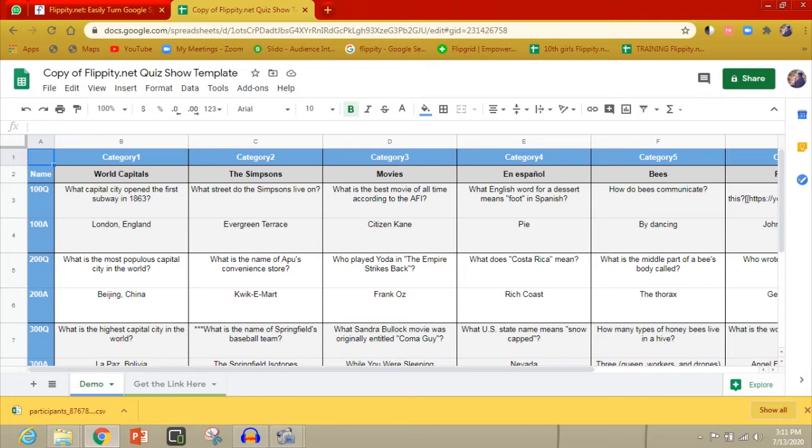So here what you're going to do, you should not touch the blue color categories. I mean the things which are given in the blue color you should not touch. Not only in this, every Flippity template, you should not edit anything in the blue color. Other than that, everything you can edit if you want, or else you can leave. Okay, so my stuff is ready right now.